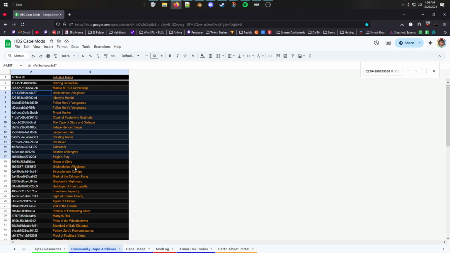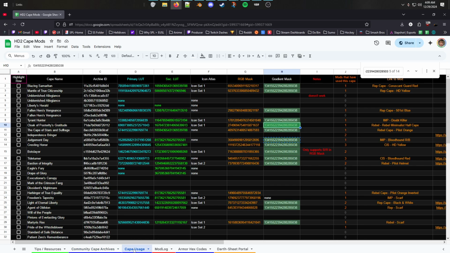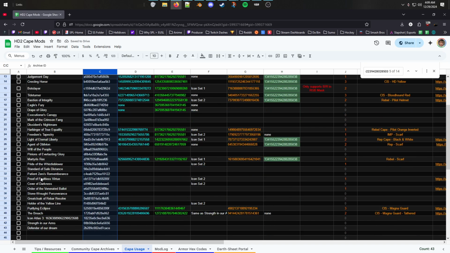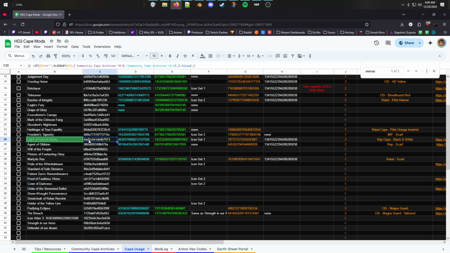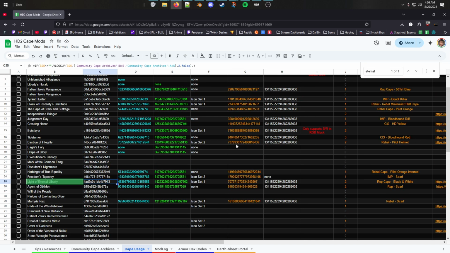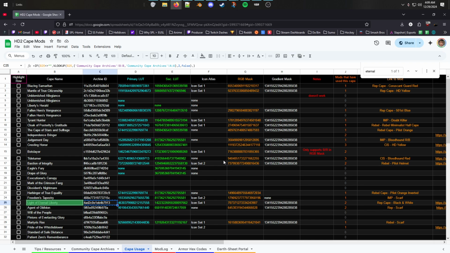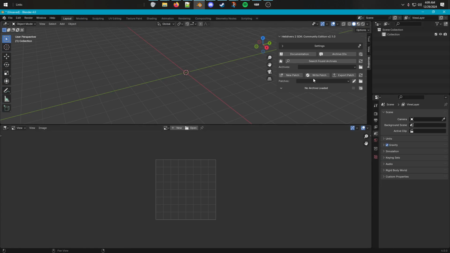I've been documenting the capes a little bit more in depth on my own. This is all the community has publicly, and in the spreadsheet linked below, there is also this sheet. You can see the cape name followed by the archive ID. So for this one, we're going to touch the Eternal Liberty cape, which is this archive ID. Ignore everything else. It's not real. It doesn't exist. So with Control-C, we're going to copy the archive ID,